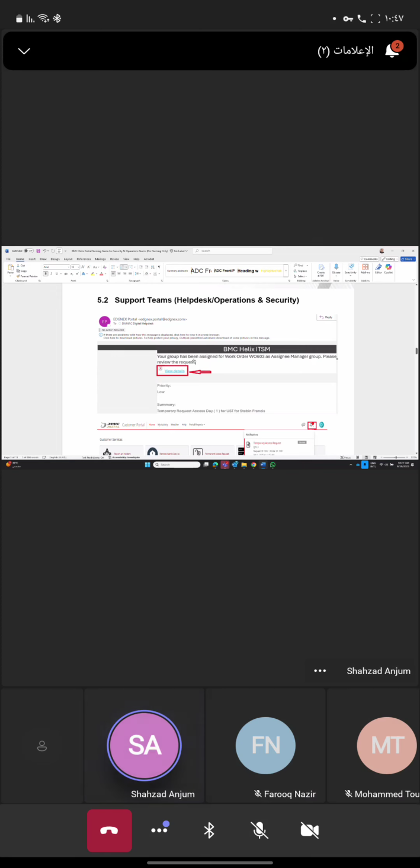It will say your group has been assigned for work order ABC as assignee manager. Imad, you were asking this question: if you are assignee manager of that, or maybe you are assignee as responsible, you will receive this kind of email. If you have been assigned as a manager in that portal, you will receive this assignee manager email. Please review the request, and what you have to do is just click here on view detail,